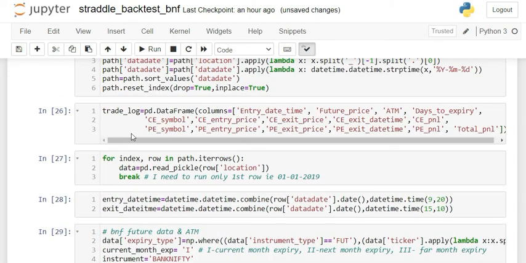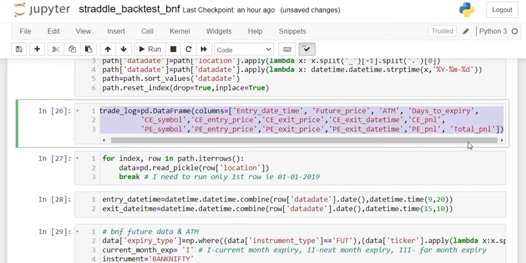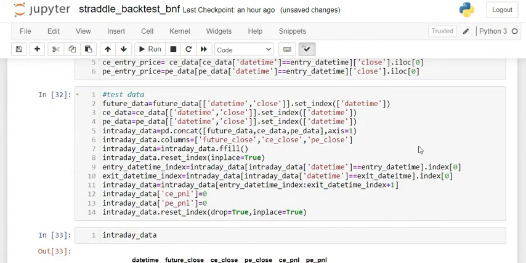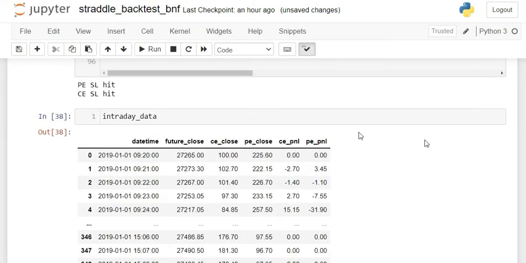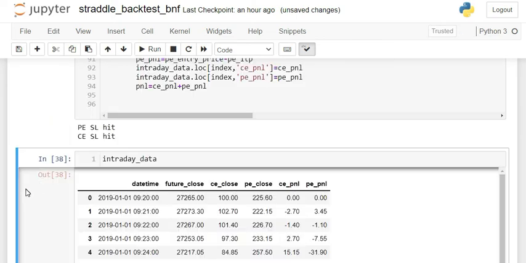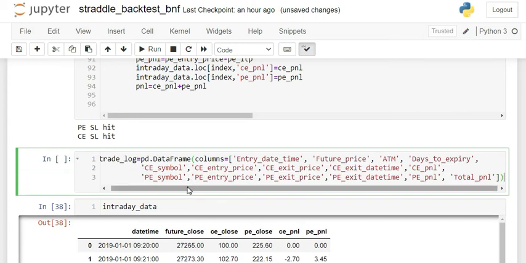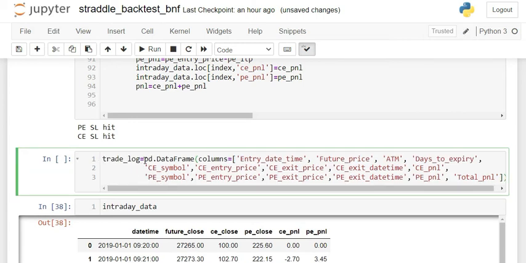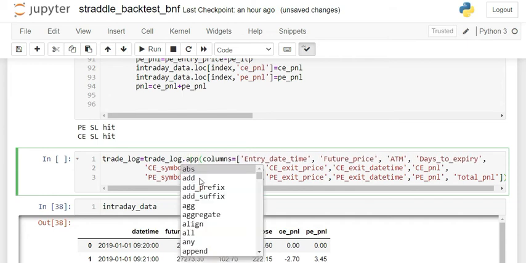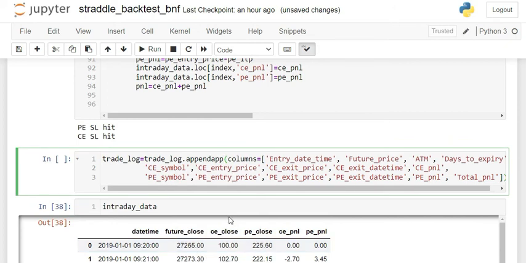Just copy this and go down here all the way. So what you can do here, you can just type it here. Now you can say trade log is equal to trade log dot append. Trade log dot append,